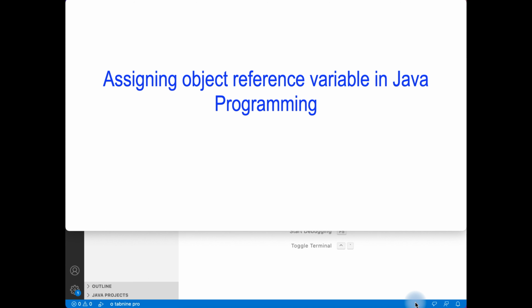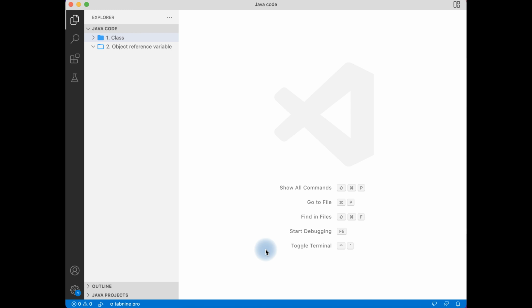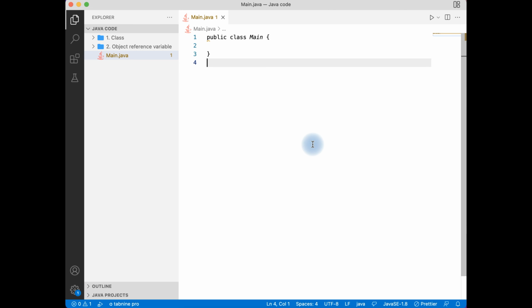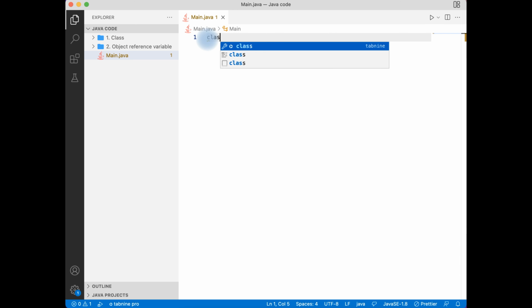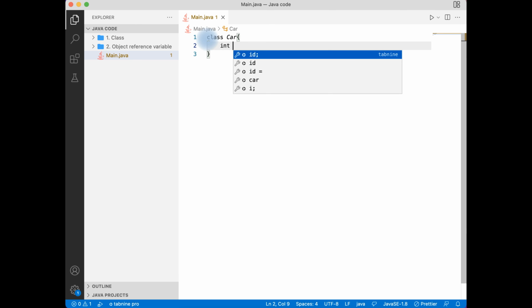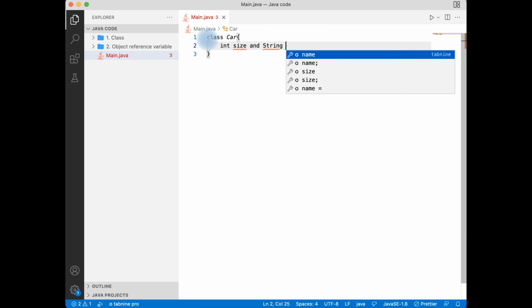Now I am just opening a folder. I am making a file main.java, and I am going to create a class called Car. In this class I am going to have two variables, size and color. Also I'll be having some methods, or functions we can say. This public void